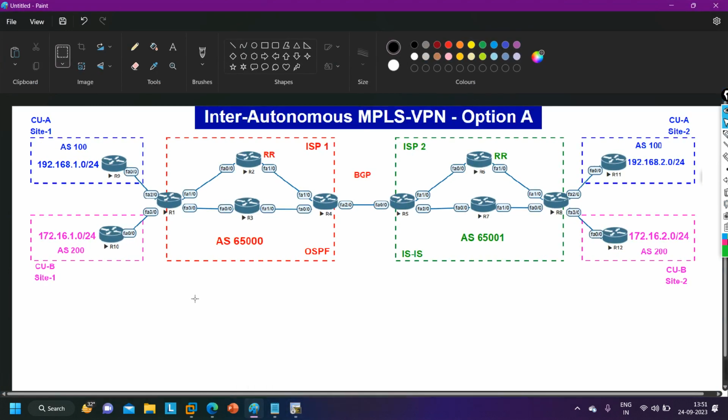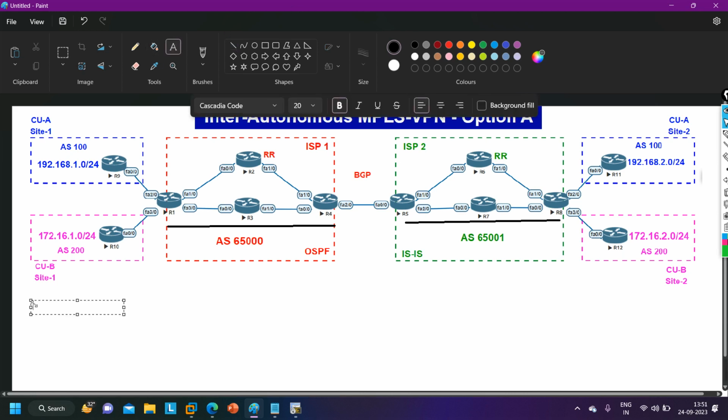From our previous video, we understand that between router 1 and router 4 we will have one MPLS VPN, and between router 5 and router 8 we are going to configure another VPN. Soon you will see we will configure the VPN between router 5 and router 8 through a route reflector. Fine. After that, what will happen when router 9, R9,